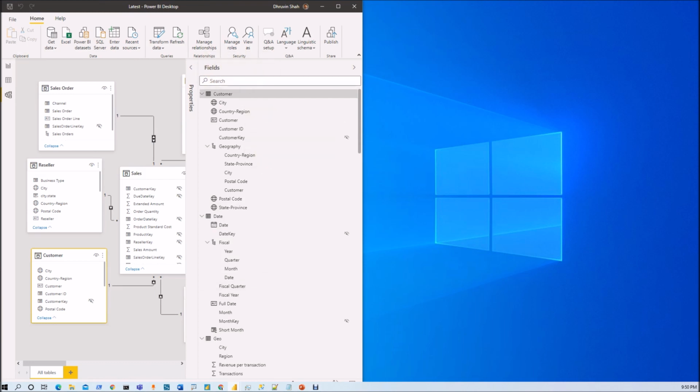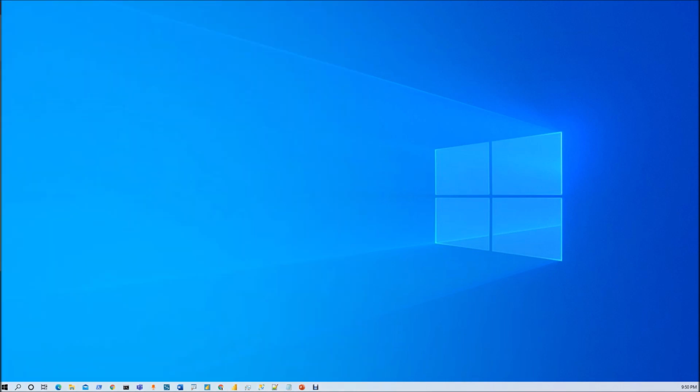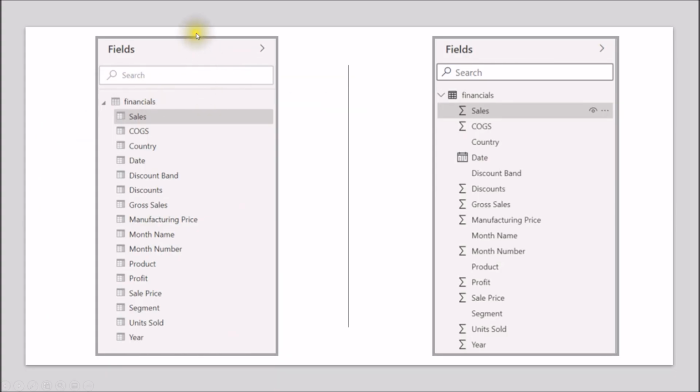Now some improvements have been made here. Which are those improvements? Let me explain that with the help of an example. The first thing is that here you can see the older screenshot and here you can see the newer screenshot. So you can clearly see that some of the icons have been changed. You can see some differences in the table icon, then the numeric field icon, summarization icon, date icon. So some of the icons have changed with this new update. I'm going to explain each individual icon in detail later in this session.